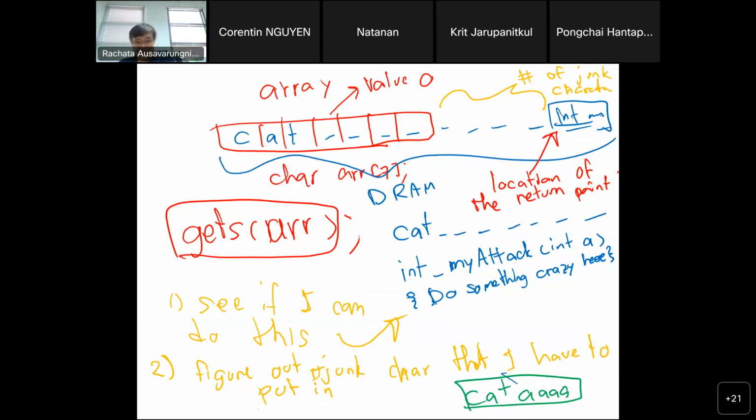Because there's no null character, there's no room for me to put in the backslash zero. So that case will keep printing whatever is in the memory until it reaches the point where that particular byte is 0.